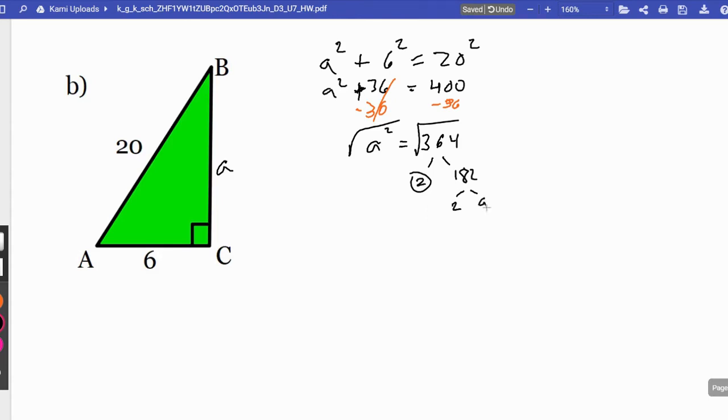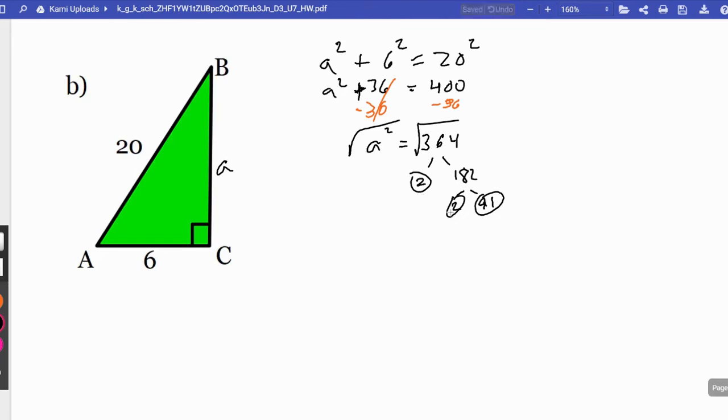And 91 is what's left over. So basically, we're going to have to stop there because 91 is a prime number. 2 is a prime number. They're not divisible by anything other than 1 and themselves. So what we end up with is